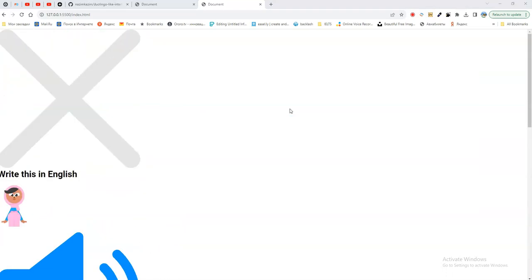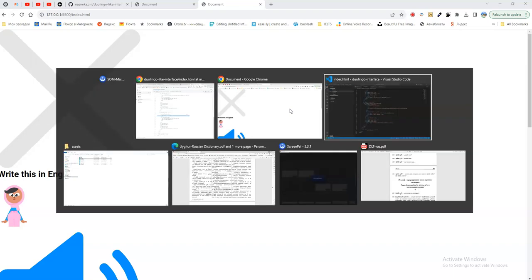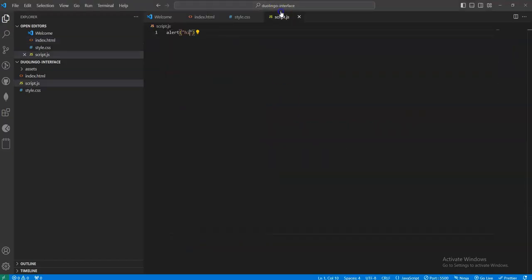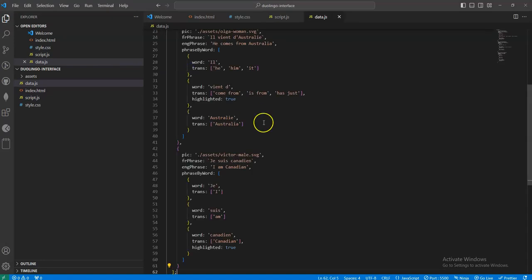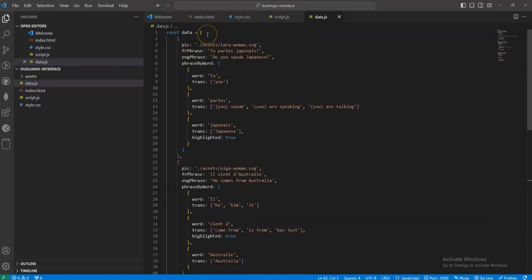And so far we have a very nasty interface that we will need to fix. Let's remove this alert. And before we continue with styling, let's add this file. It will be called data.js, like that. So let's take a look at this